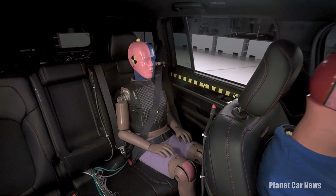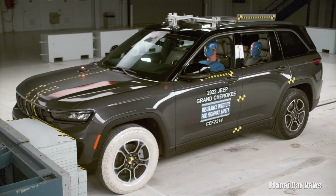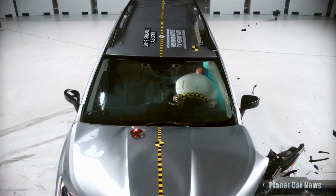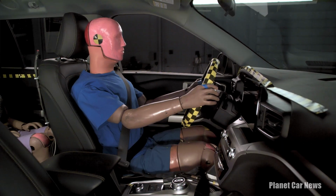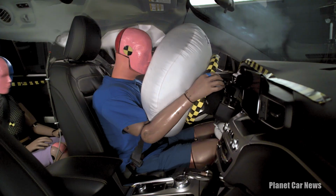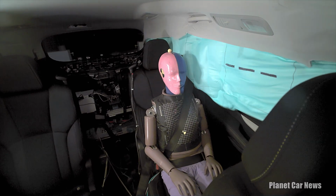In the updated test with the rear-seated dummy, we are measuring the likelihood of injury, and we are looking at how well the restraint system controls dummy movement, including whether it keeps the dummy's head away from hard surfaces. Our original moderate overlap test has resulted in safety technologies being added to the front seat to protect the driver and the front seat passenger. This includes airbags, and it includes belt technologies like crash tensioners and force limiters. We believe automakers can accelerate safety in the rear seat by adding these same belt technologies and protecting that rear-seated